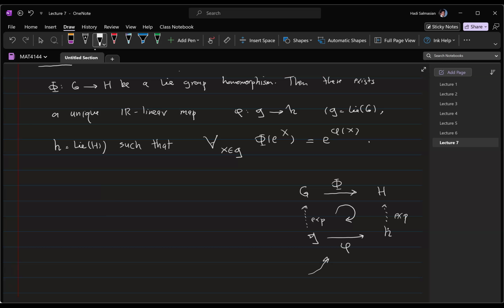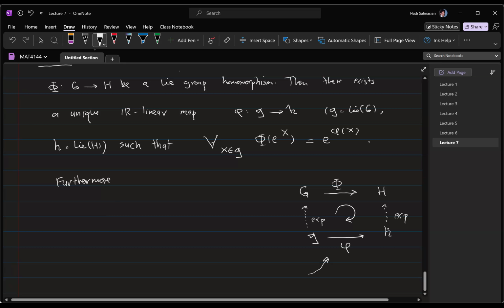Okay. So now, at this point, I didn't say that this is a Lie algebra homomorphism. It's part of the data that comes next. So there are more properties. So furthermore, something died here, and I thought something died there, but not. Okay. So furthermore,